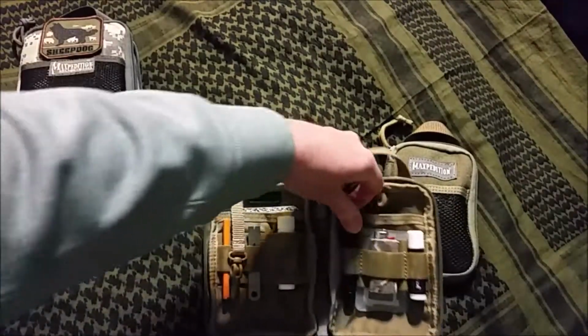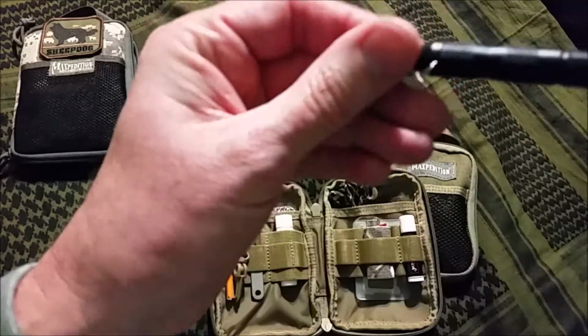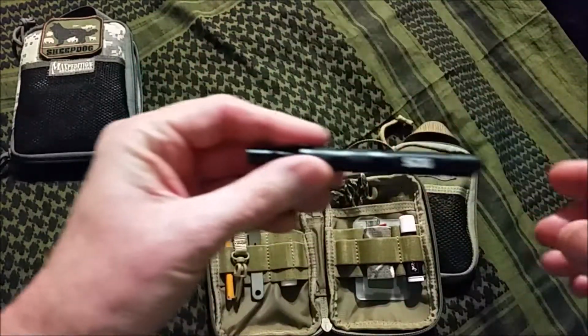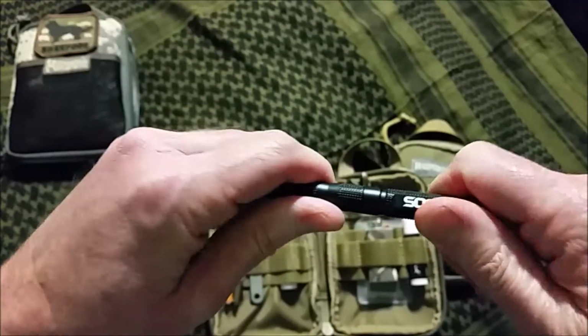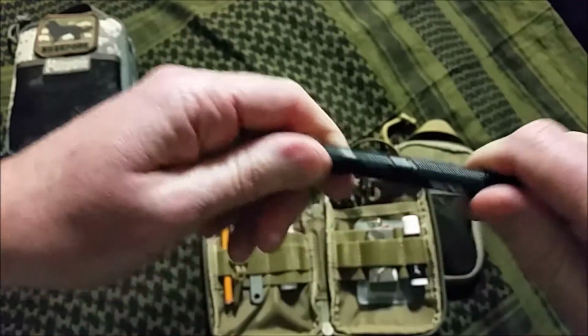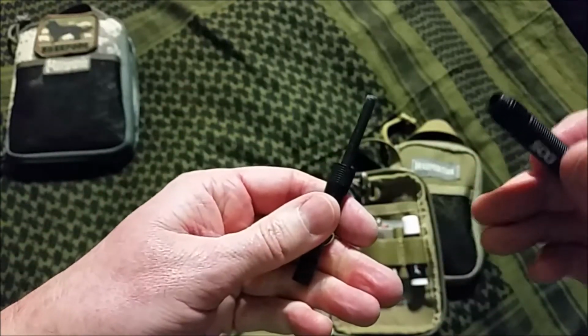This is the SOG. What do they call this bad boy? Can't remember the name of this. I'll put a link to it below. It's SOG Strike Fire or Strike Force or something along those lines. I forget. I may be wrong. But it's got a ferro rod